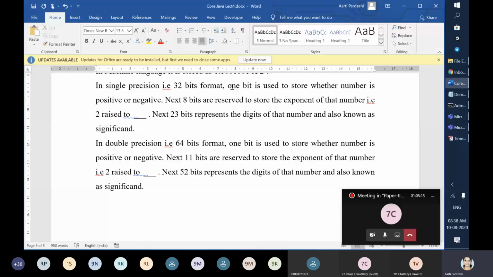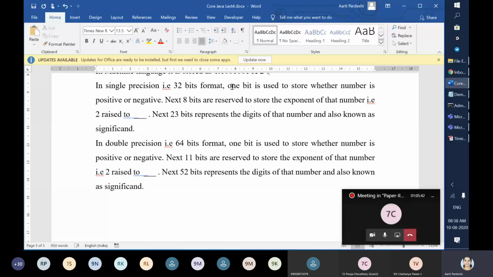That is the exponent part, and the rest of the number, that is 1.1001001, will be stored in the next 23 boxes. So the 32 boxes are divided like this: the first box for whether the number is positive or negative, the next 8 boxes for the exponent value, and the next 23 boxes for the actual digits of the number.